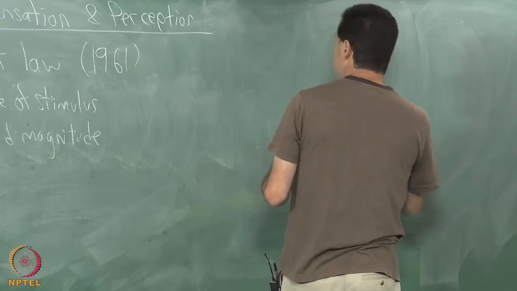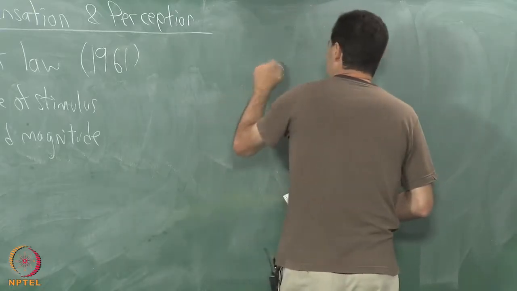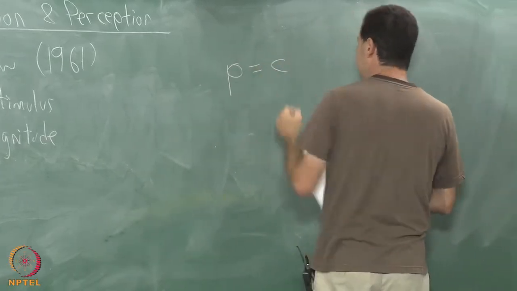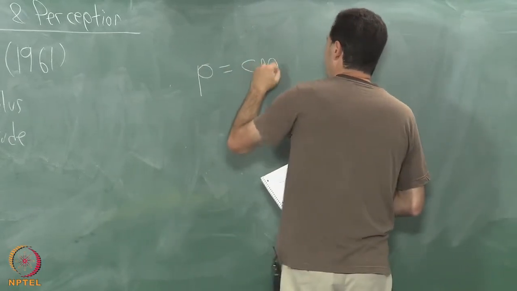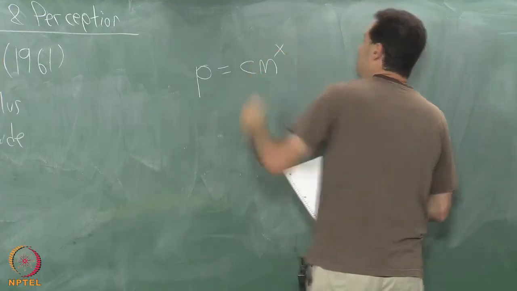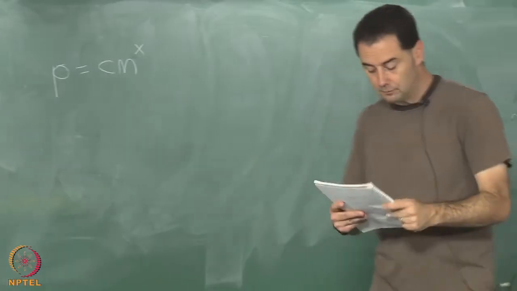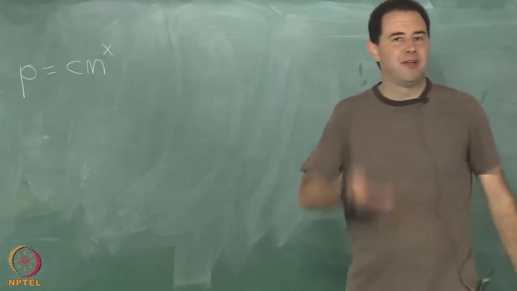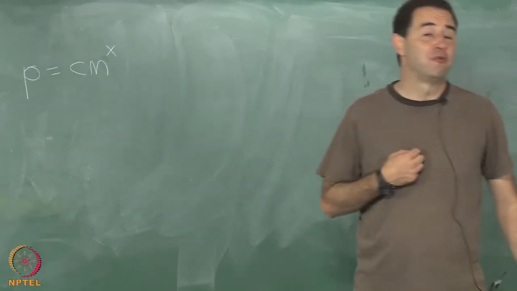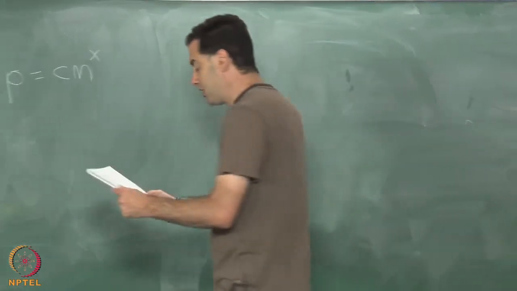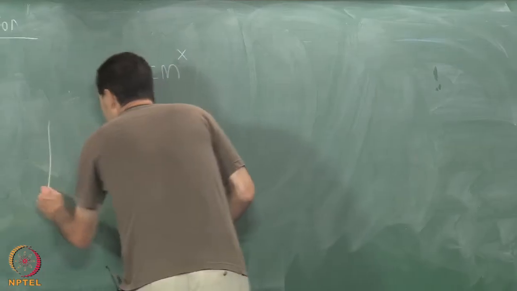There's a kind of mapping that looks like this. P is equal to some constant c times m, the magnitude, to some power x called the exponent. So c is a constant, which depends on the units and on some kind of curve fitting. People have done many, many experiments with human subjects in many different settings, and they end up with plots like